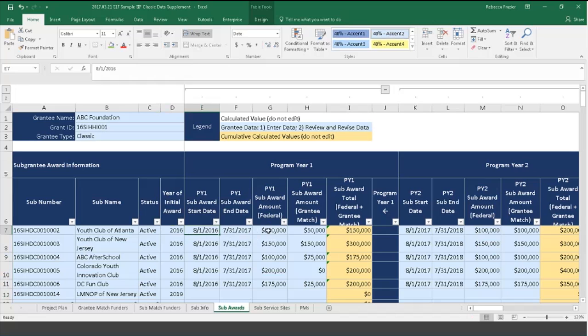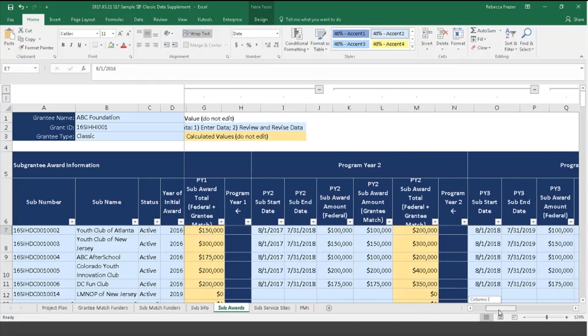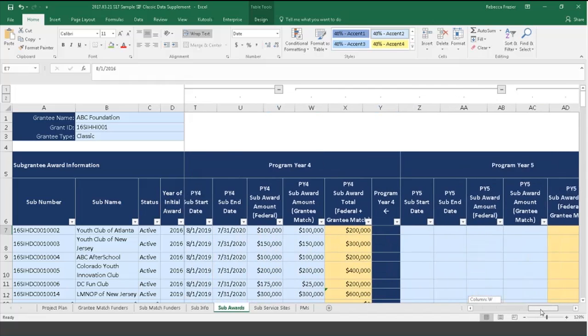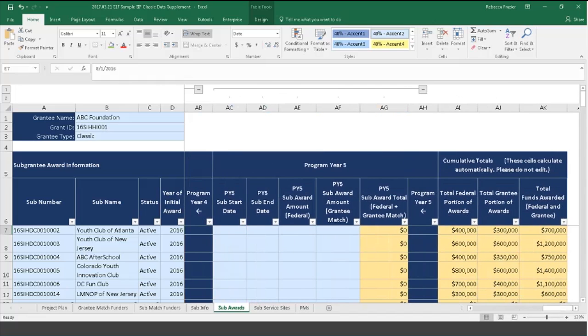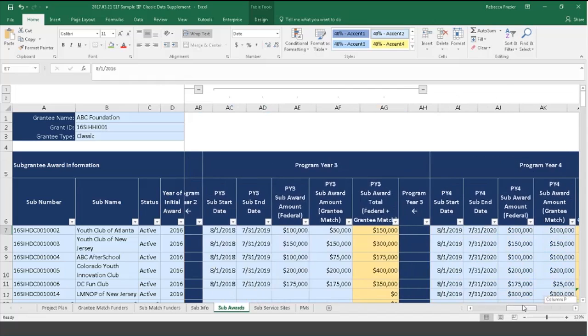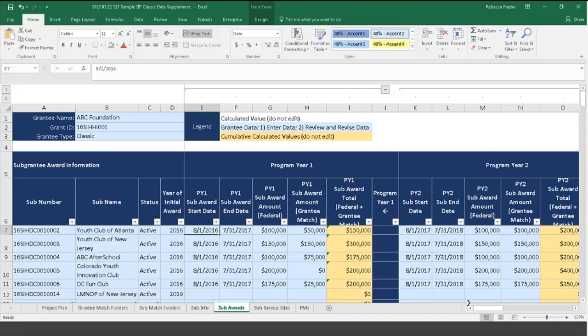And you do that by specifying what proportion of the award is coming from the federal or the CNCS share and what proportion is coming from the grantee share. Then you would do that for each program year that you have with a particular sub-grantee, up to 5 program years. And then there are some cumulative totals here where it just automatically calculates what that total is across all of your years. If you are a returning grantee, this information is pre-populated with stuff from your old supplement, but if you've added any new stuff,